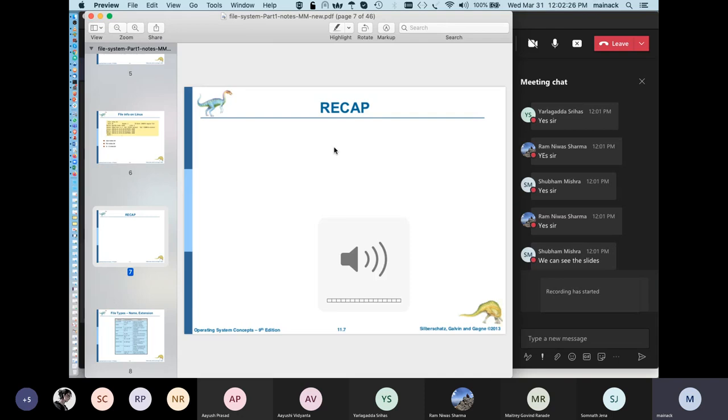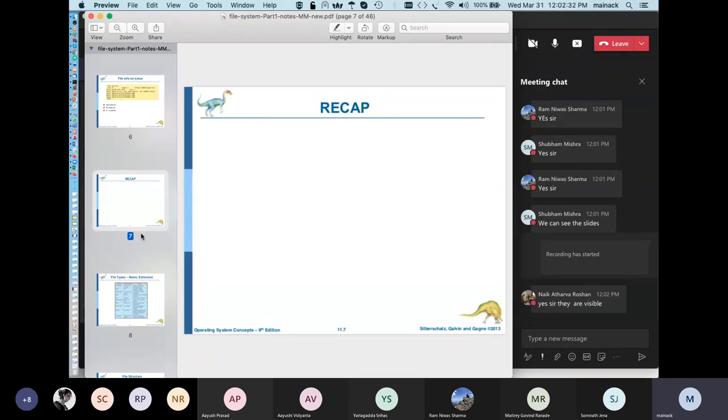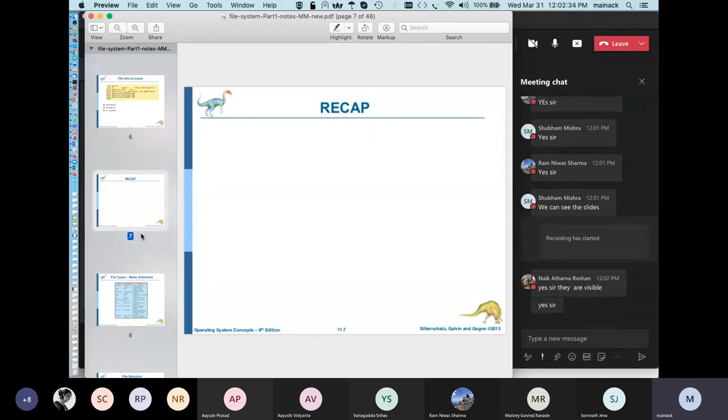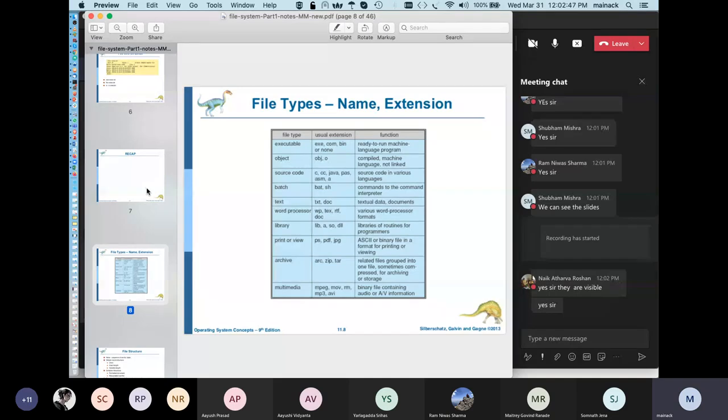So far, we are talking about file system interfaces, or what kind of interface and functionalities a file system should give us, the users. If you're a developer writing a file system, you should give these functionalities. Cool. So what we learned yesterday was, just a quick recap, that